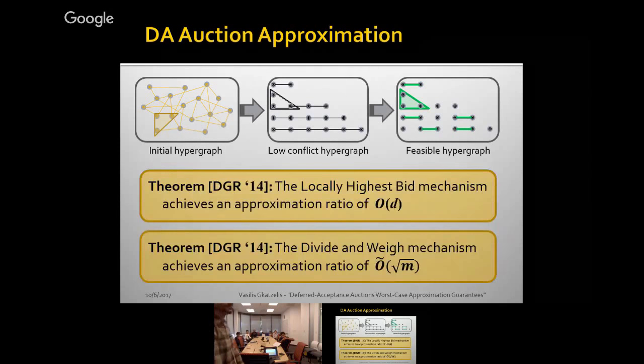And what we showed in that paper is that the first mechanism, the locally highest bid, actually achieves the D-approximation, and we can also get the root M. The reason you see the tilde is that under the root there's also a log M that we had to face. But not simultaneously. So you can get a log D also, root log D, simultaneously with the same auction. If you see the structure and how large D is, and it's more than root M, you pick your option. So yes, you can do it simultaneously.